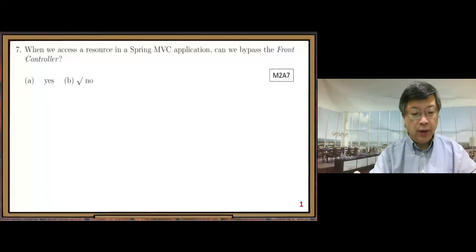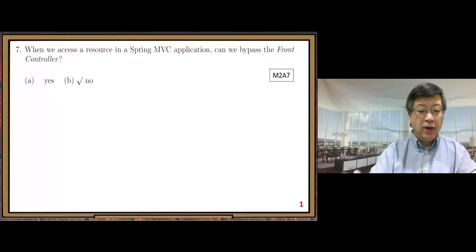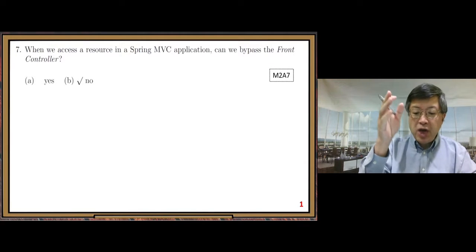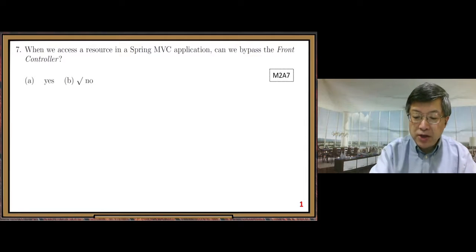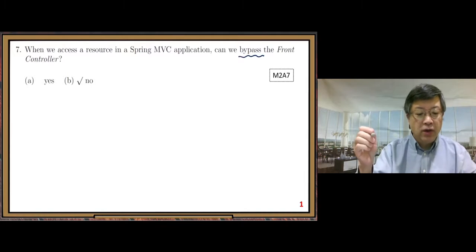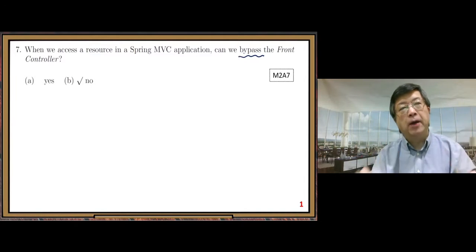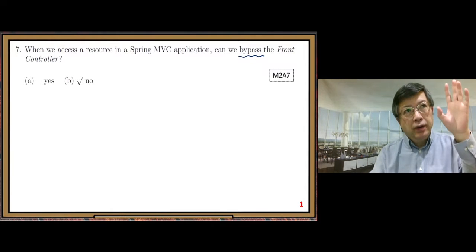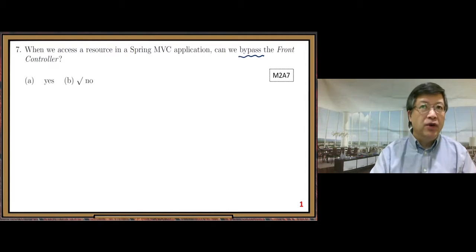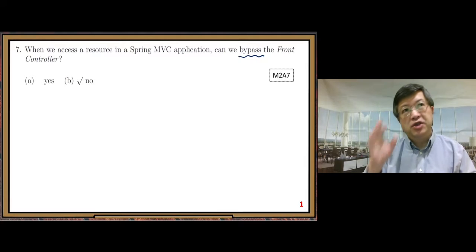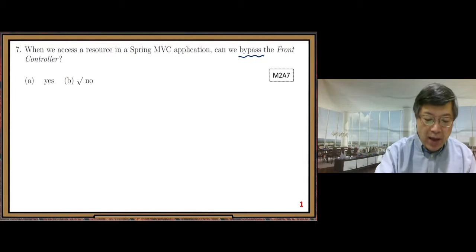All right. Question number 7. When we access a resource in a Spring MVC application, can we bypass the front controller? Answer is no. Here, I believe you all know the answer. I just give you some background about this point. Bypass. So first, we know the front controller is used as the gateway